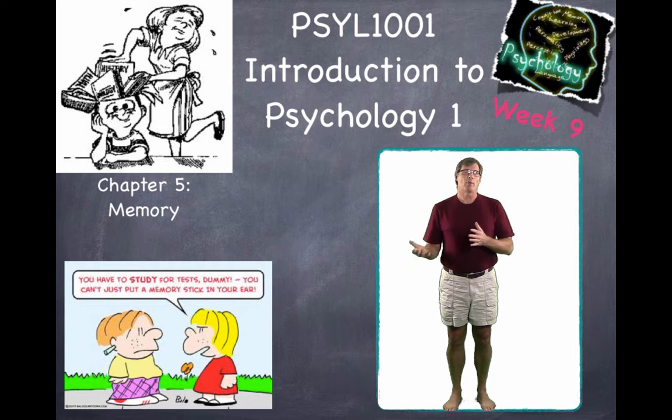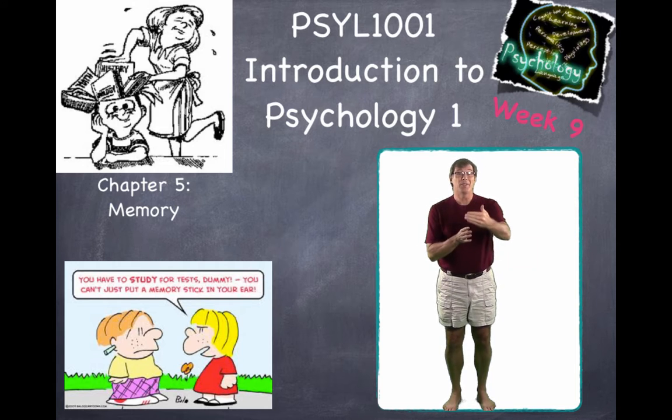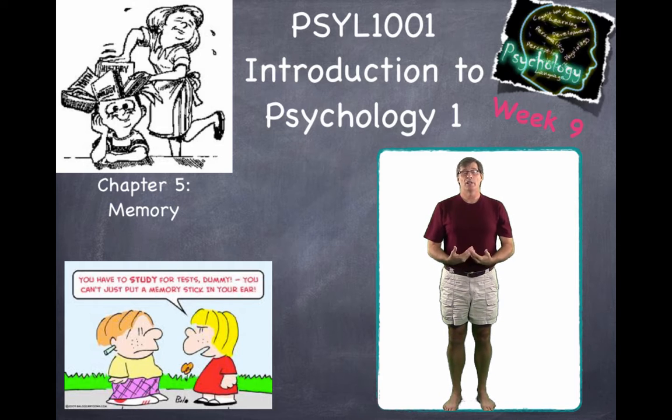And then the last little part of this particular part, we're going to look a lot about how do we improve our memory. Now the part to really remember here, and I'll try to emphasize this, is that this part about how to improve is based on research. This is not somebody saying this is what works best, trust me. This is a lot based on the research that's been done that helps people facilitate better memory, better ways of remembering information that's important. So please pay attention to that section.